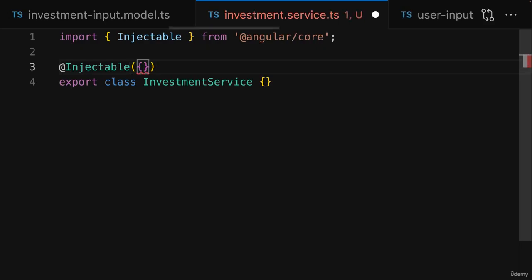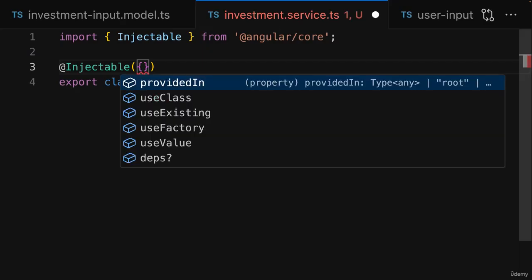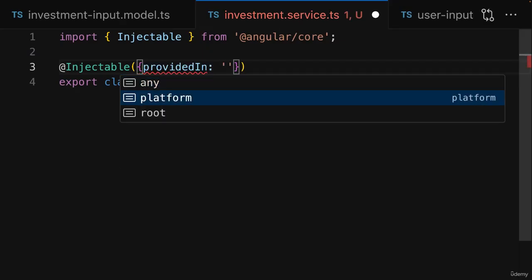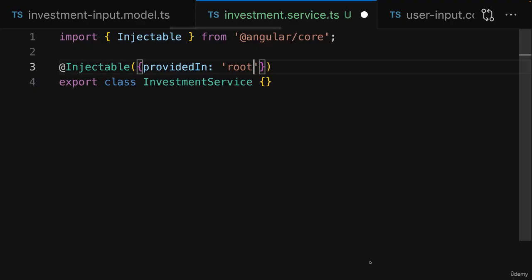And to that decorator, you pass a configuration object where you should set providedIn to root. This will make sure that Angular is able to inject that service and that components can request that service to